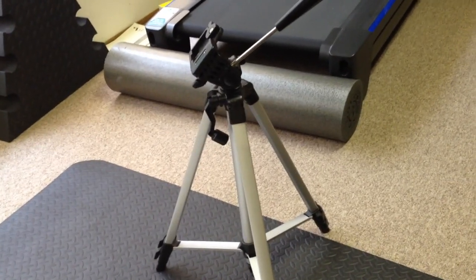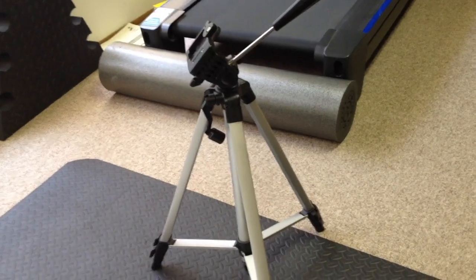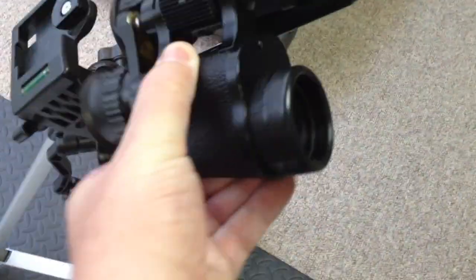And then as you can see, I have this tripod. It's a camera tripod. Have it pointing down, and I have my binoculars here, and I'm going to set these up on the tripod like this. And then I've cut a hole in some poster board here, and that is going to go over the front to help block out the light. So you can see the